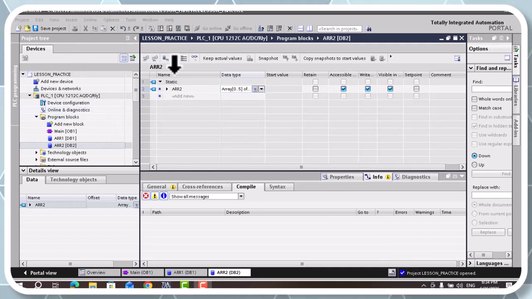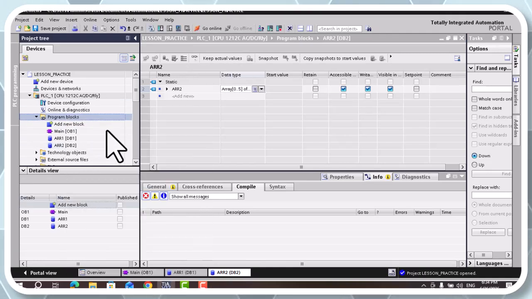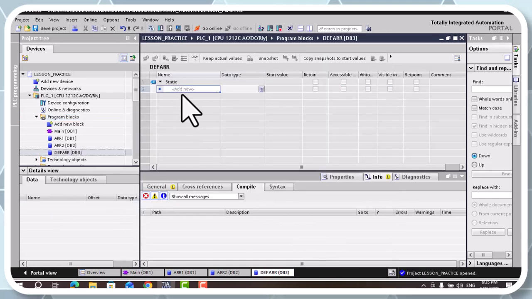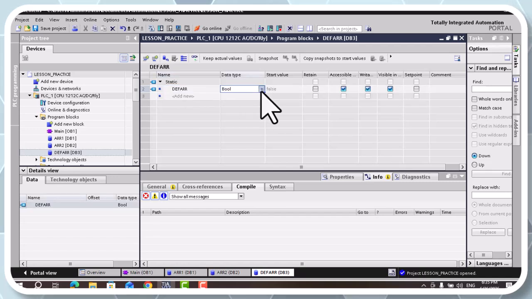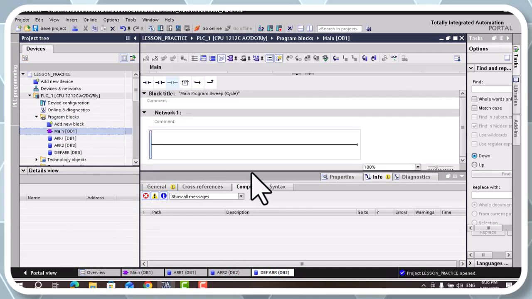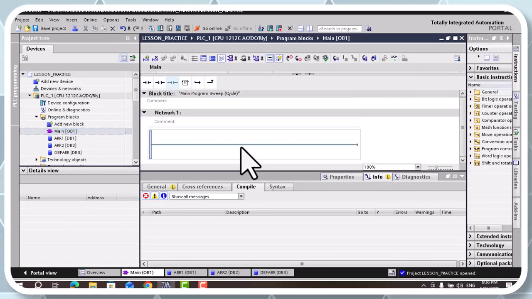And my friends, I also think that we must add our default array, because we need to reset our value or transfer it to another array. So let's use def r, press OK button, and here also def r, array of 5 and byte. And now my friends, let's switch to our logic and open main OB, and here we will add